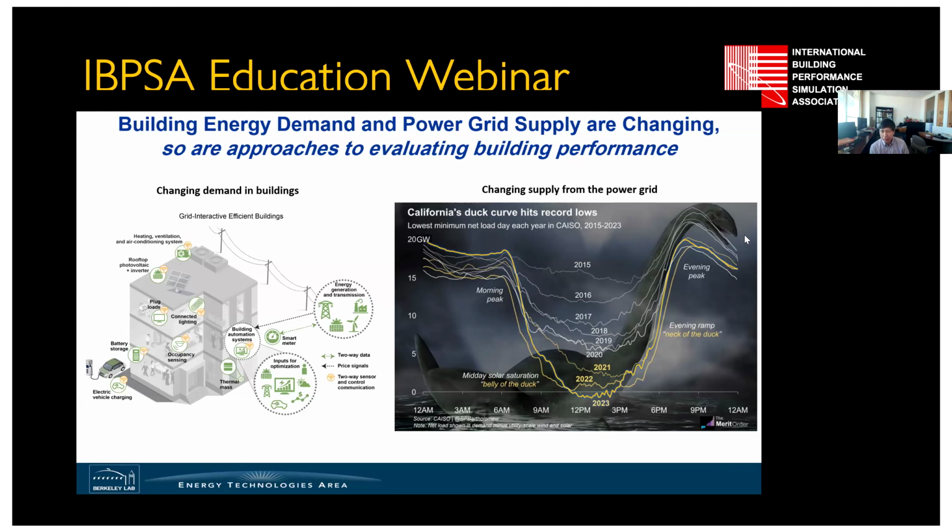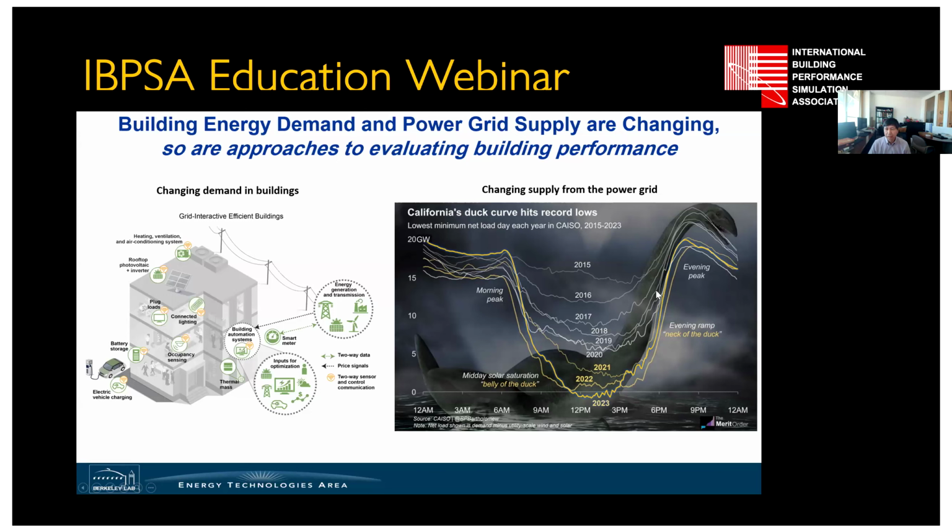The figure on the right shows California's net electricity demand on the power grid. This is on the lowest demand day, usually in late March to early April. As you can see, the curve, which we sometimes call a duck curve, shows the net demand on the power grid during the middle of the day getting pushed down further and further, with much more PV and wind turbine deployment in California.